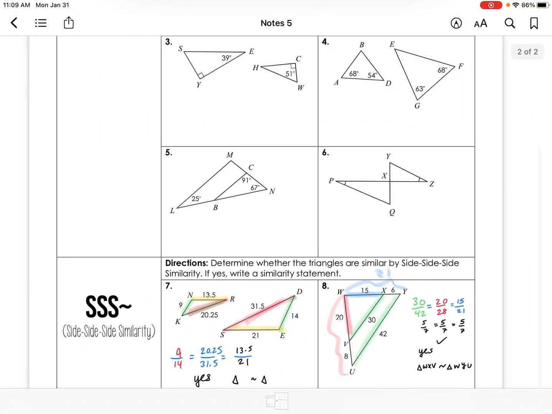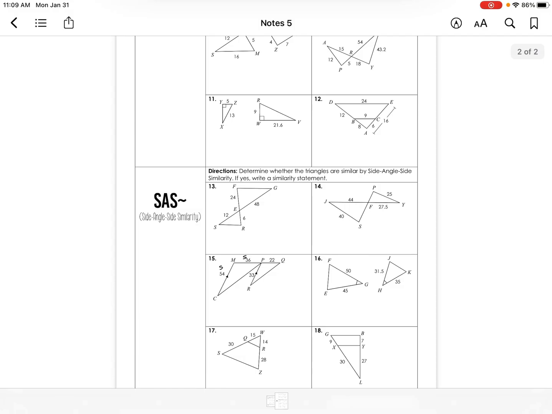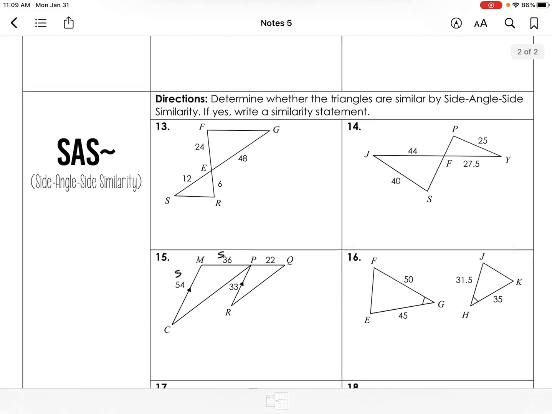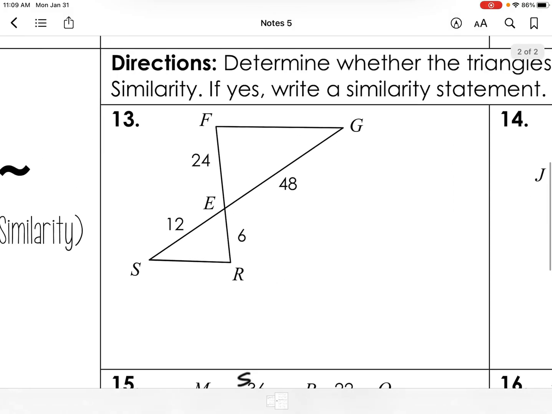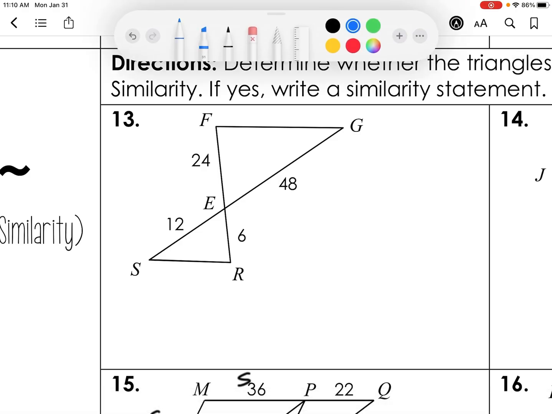Moving on. Our last way to show that triangles are similar is side angle side. What we're going to do is show that they have one angle that's congruent in the middle between two sides that are not congruent but are in proportion. Number 13, I'm looking for an angle, and I found one right here by vertical. Now I have to make proportional sides, the 24 and the 6, and then I have the 48 and the